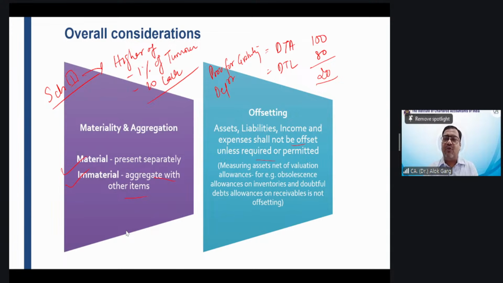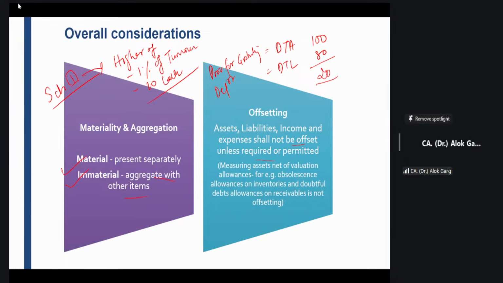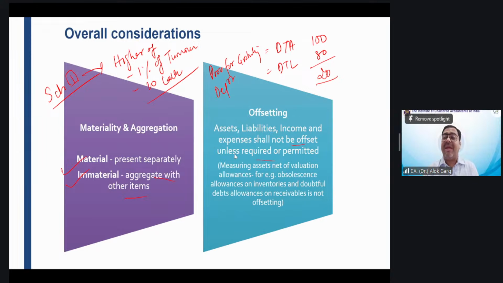The company has sold goods worth 1000 rupees to a customer, and it is a secured debtor. When I say secured debtor, what does it mean? This debtor has provided a bank guarantee to the company. If the debtor defaults, the company will forfeit the bank guarantee and get the money out of releasing it.